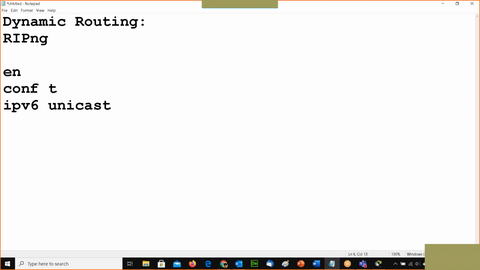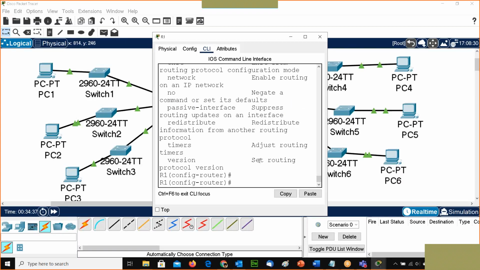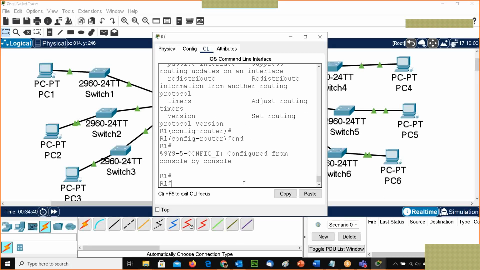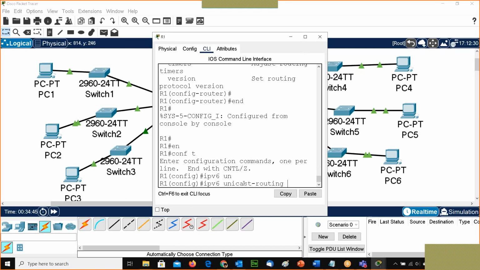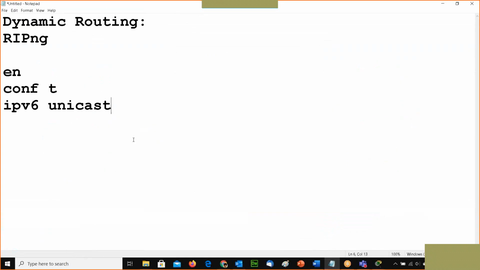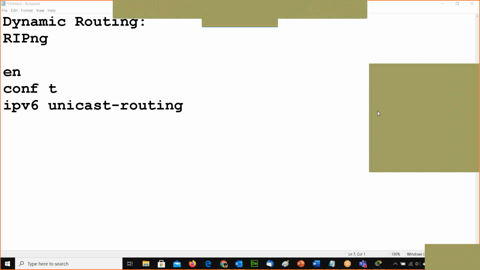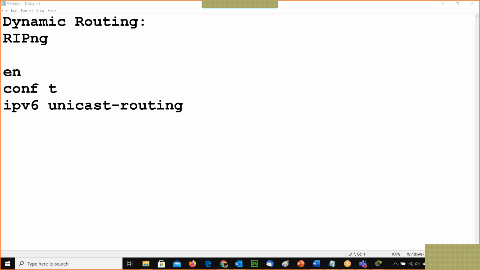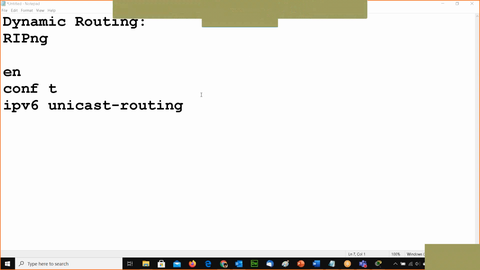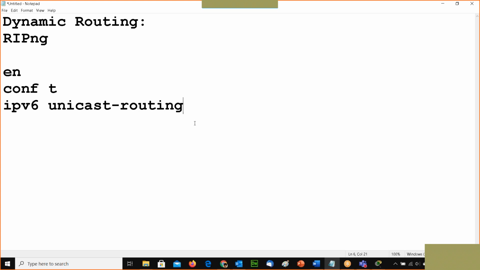Okay. So let's go and do it. Enable, config t, ipv6 unicast-routing.